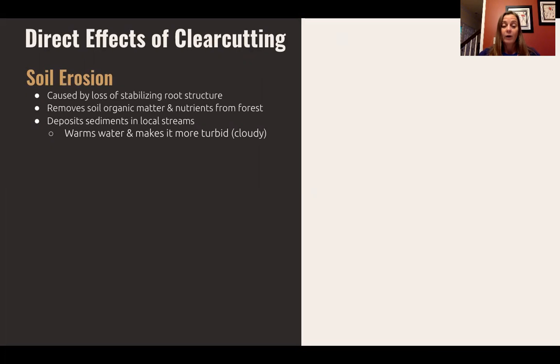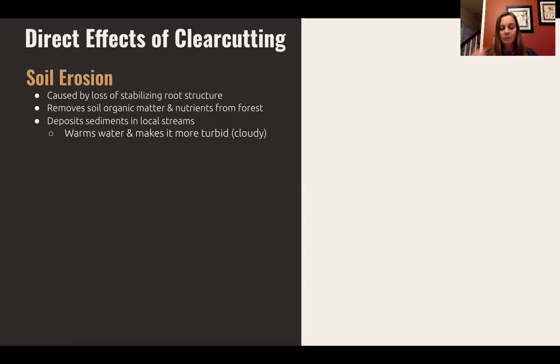So one of the first aspects that jumps out when we talk about clear cutting is soil erosion. When trees are cut down, that stabilizing root structure starts to decompose. And so the soil is more easily eroded away. And that means that the organic matter in the soil and the nutrients that are in the topsoil get removed